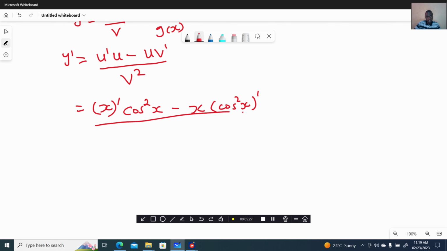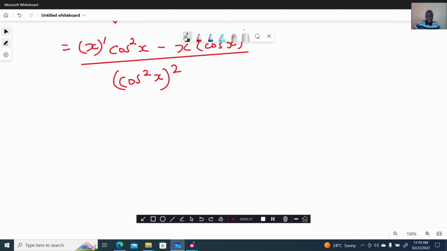Then we divide by cosine squared of x, and then squared. If we differentiate x, this is a linear function, it's giving us a constant, which is 1. So this is giving us 1 times the cosine squared of x minus x, multiply by